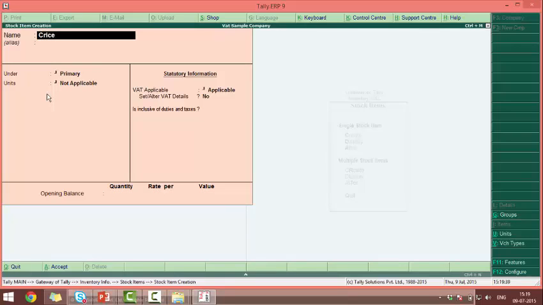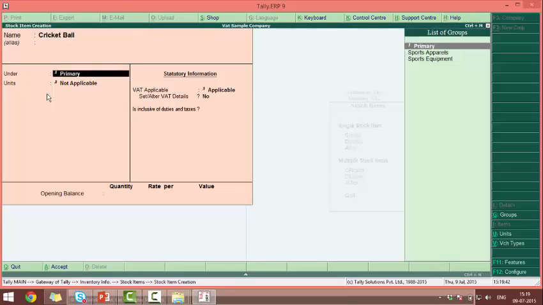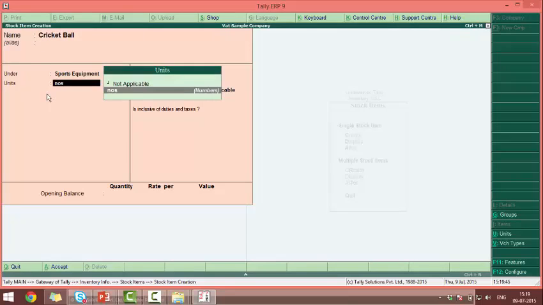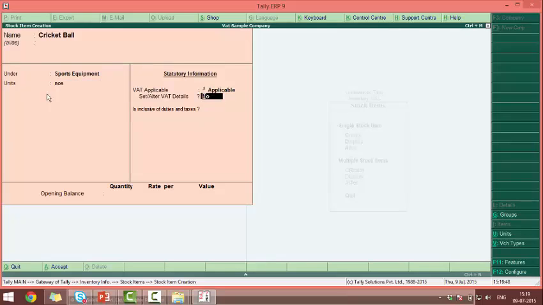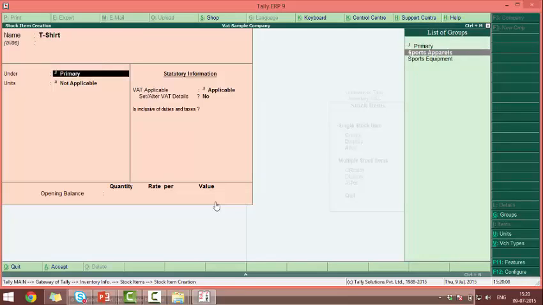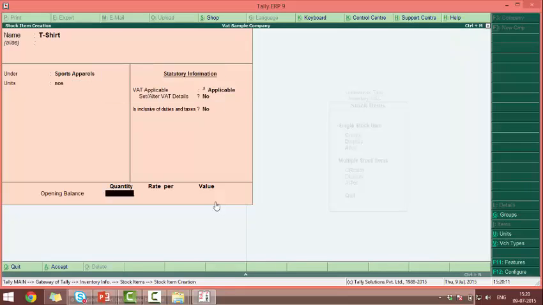Then we create a second item, cricket ball, under sports equipments, units of measures, numbers, VAT applicable, and give an opening quantity. Then we create last stock item, t-shirt under sports apparels, units as numbers, VAT applicable, and give an opening quantity and a rate, and save this stock item.